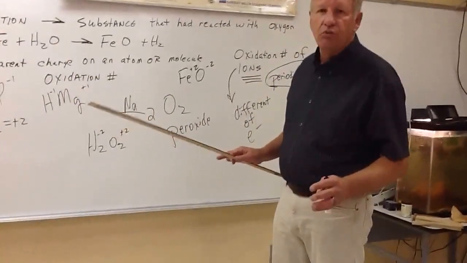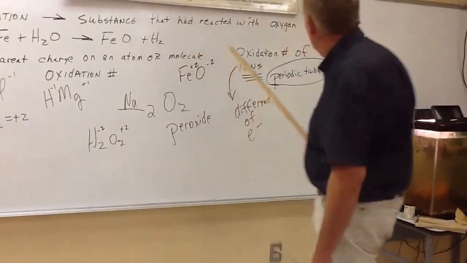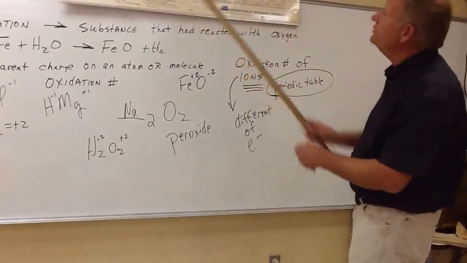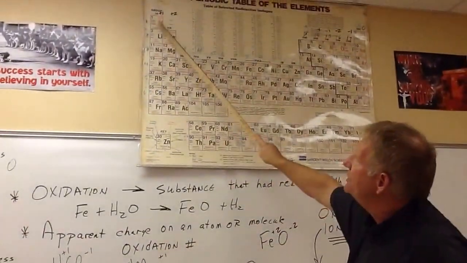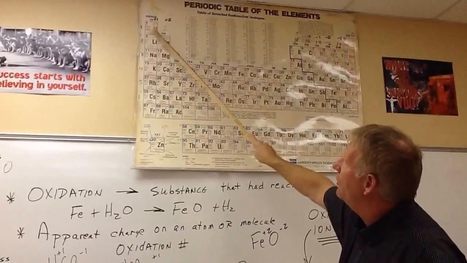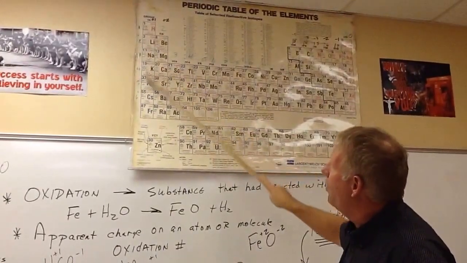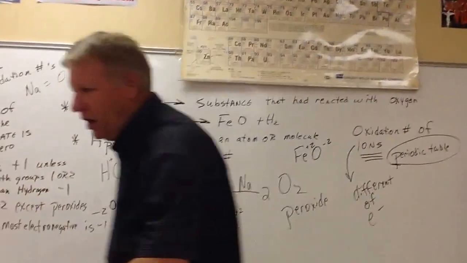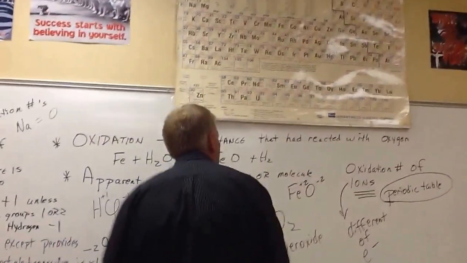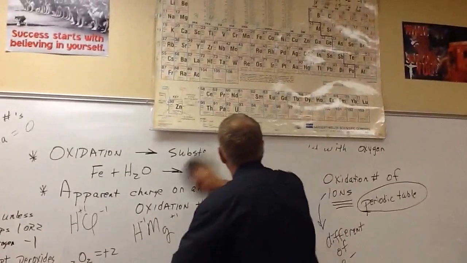Well, this one is really simple. When I say oxidation number of ions, you go straight to the periodic table. Now, let's look at the periodic table. What does this mean in group 1? Everything in group 1 is 1s1. Everything is 1s1. So what happens is